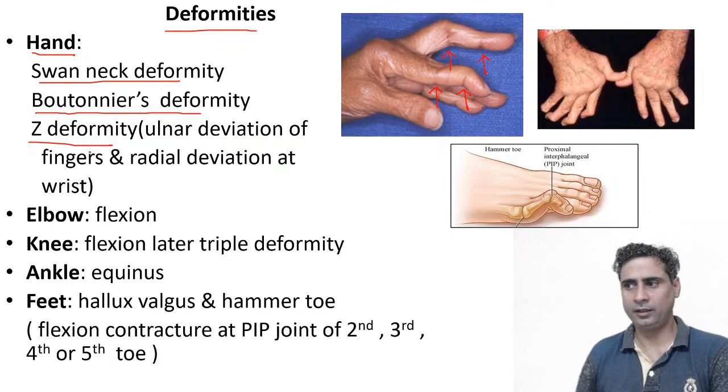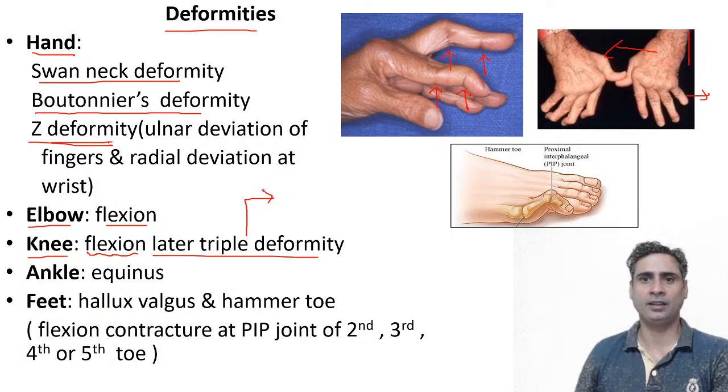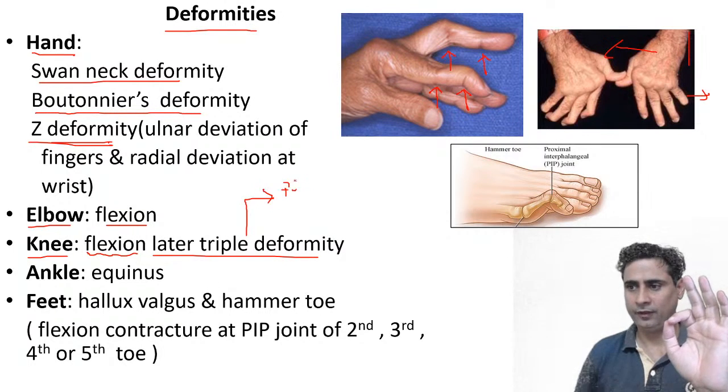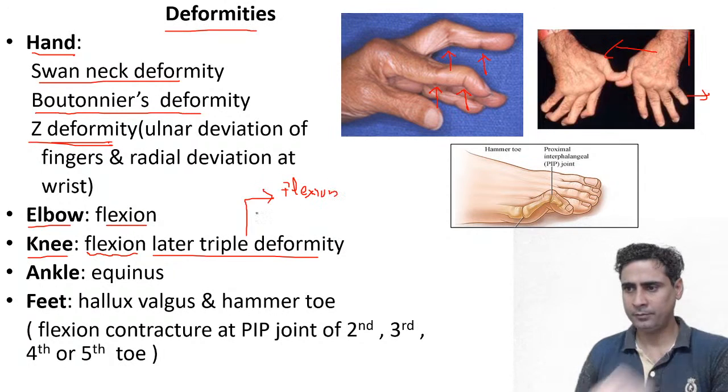Z deformity, with ulnar deviation of the fingers on the ulnar side and radial deviation of the wrist, giving a typical Z-shape appearance. Z deformity in hand. At the elbow there will be flexion deformity. In the knee, initially there will be flexion, later on there will be triple deformity. Due to IT band contracture, there will be three deformities: flexion of the knee,